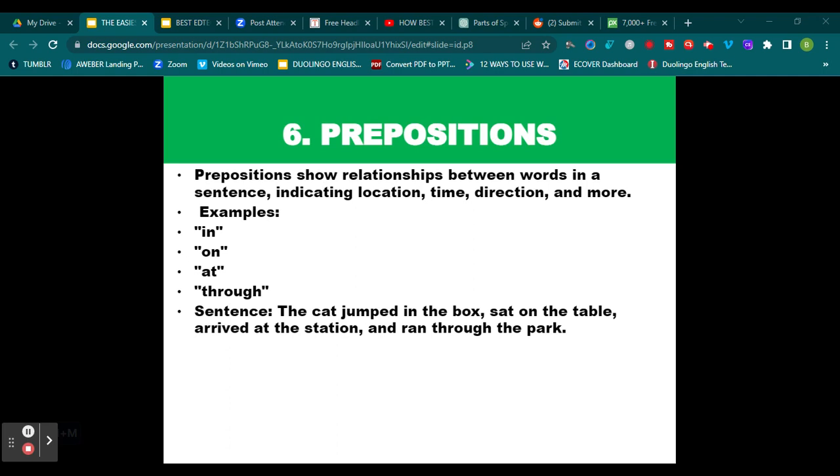Okay, so you can see prepositions in the sentence include in: the cat jumped in the box. Then on: sat on the table. At: arrived at the station. Through: and ran through the park. Okay. Number 7, let's look at